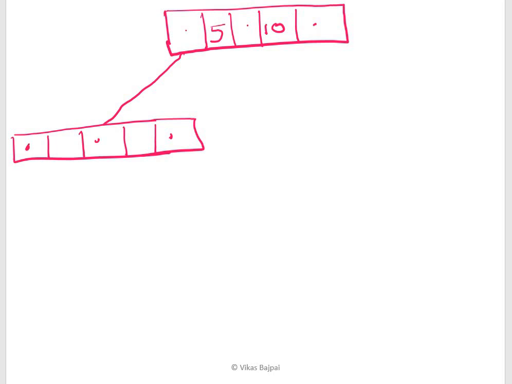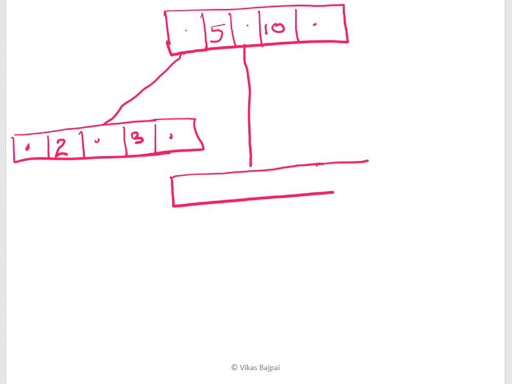Let's say I have 2, I have 3, then this goes to this. Once again I have 5 spaces. So 1, 2, 3, 4.